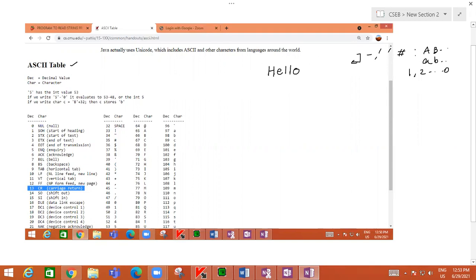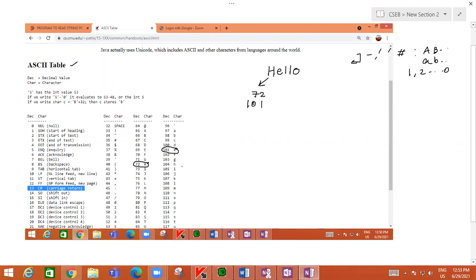So capital H is given a value of 72. Okay. These are all decimal numbers. So we'll write those values. H corresponds to 72. Small e is somewhere over here. That is 101.